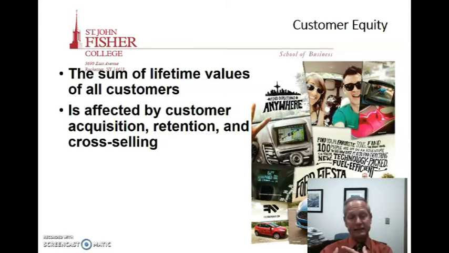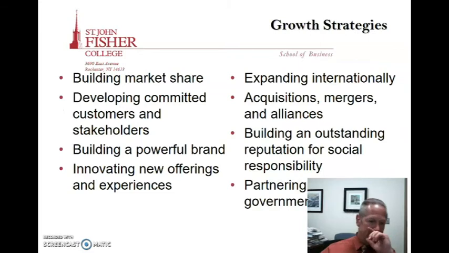That's why CRM, customer relationship management, is so important with regards to building customer equity and lifetime value analysis. The stronger the brand is, the more sought after the brand is, the easier it is to do customer relationship management. And in addition to that, the more customer equity you're going to have.